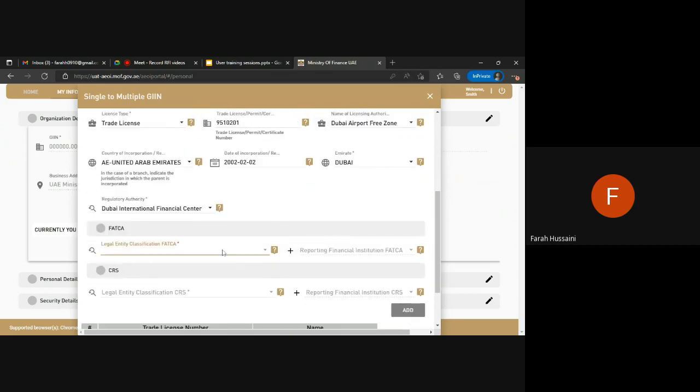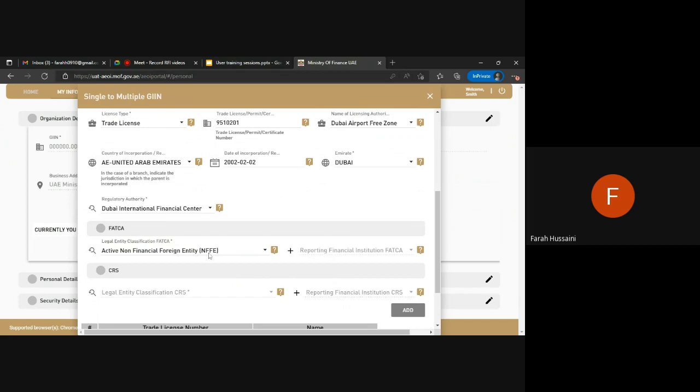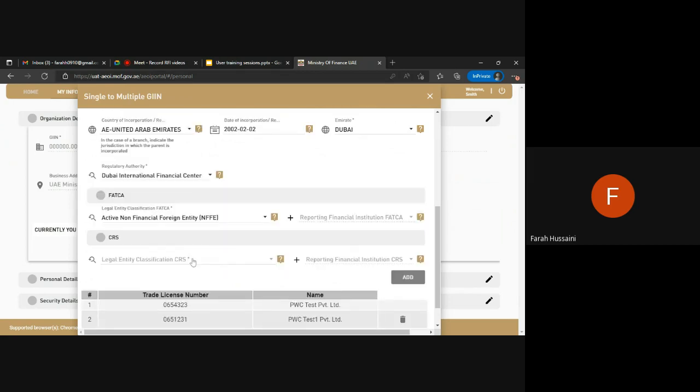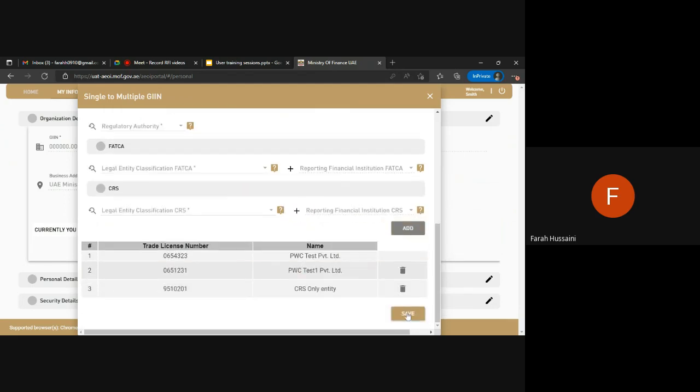For FATCA, I will be choosing non-financial entity, so it is not a reporting financial institution. And for CRS, this entity is a custodial institution which has reporting obligations. Once I click save, the account will then be locked until the regulatory authorities approve the additional GINs that have